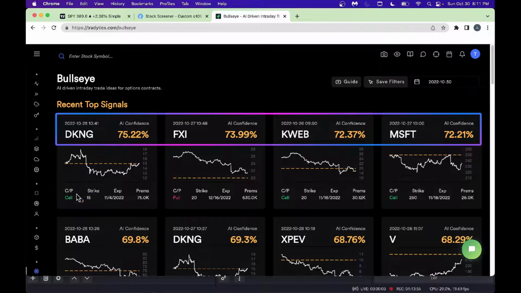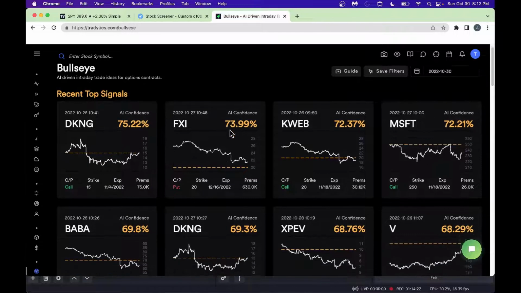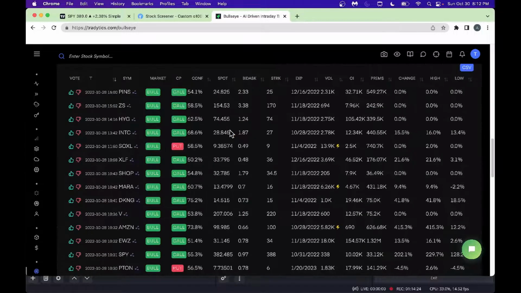But it's a very good innovation these folks have done. They gave a quick chart for you. They told you what to buy or what to sell, what strike price, what the expiration, more importantly, what the premium. Currently, a lot of premium is in these levels here. That's why you can play along here, and most importantly, the confidence level by looking at the AI. So it's one of my favorite here. You could play along with it and go from there.